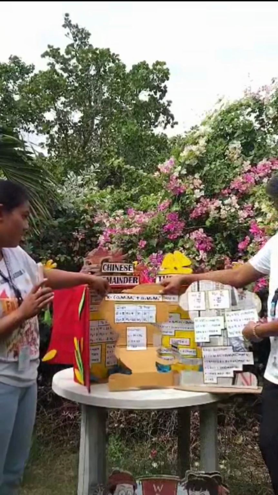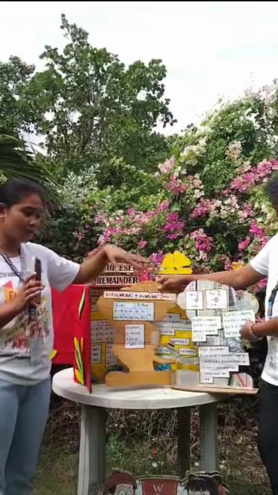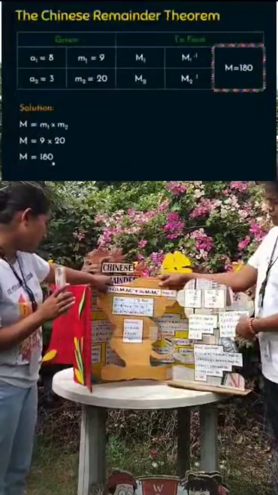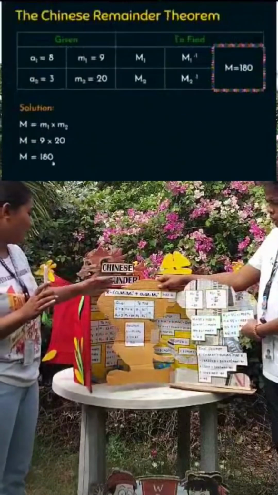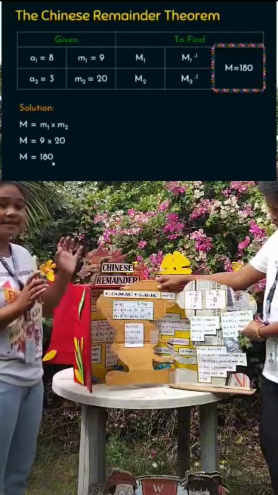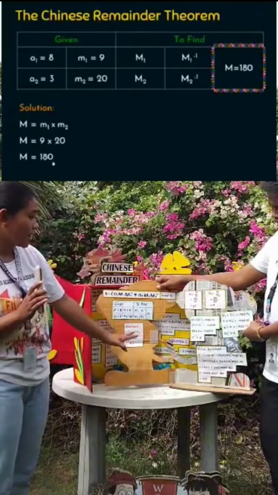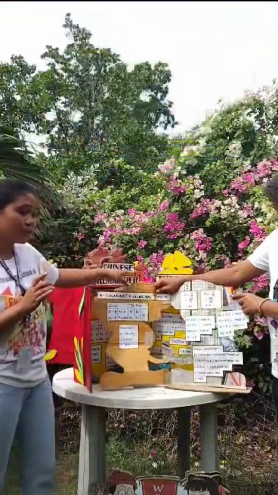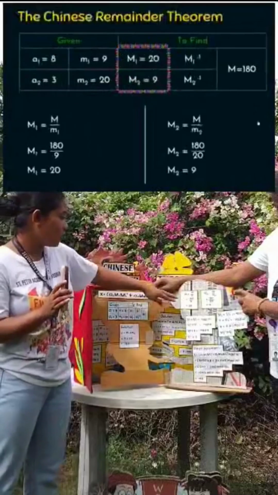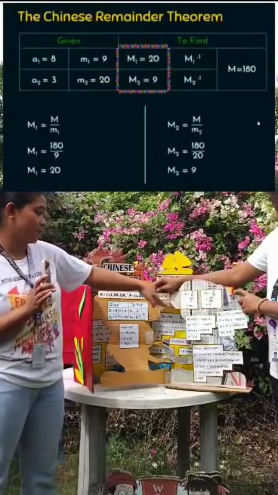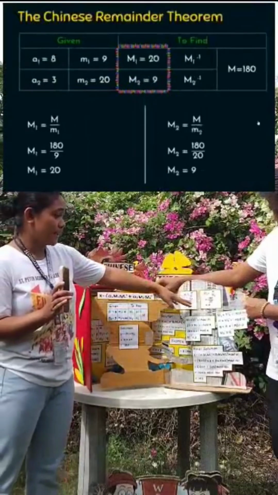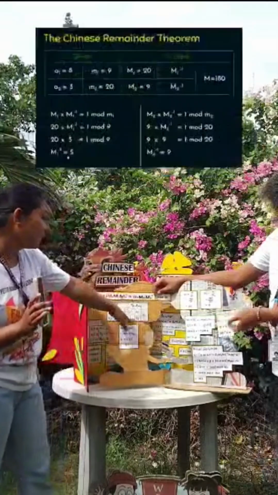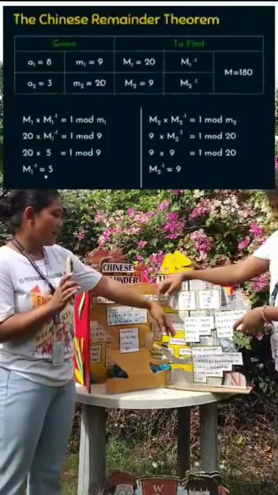First is getting capital M. What we will do is multiply the small m1 and the small m2, which is 9 times 20, and we've got 180. So next, we will find the capital M1. Its formula is M over m1. So 180 over 9 is equal to 20. So we've got the answer now. Similarly with M2, we have to divide 180 over 20, then we got 9. So now we have to find the